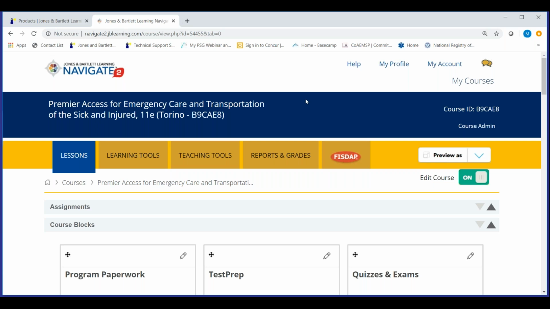Now, with FISDAP, we have the FISDAP unit exams. In the EMT, they're broken out into 6 categories. I know registry is 5. We split medical and OB-PEDS, so the students can focus a little bit more on the OB-PEDS section, probably one of the most failed sections of registry. And just with FISDAP alone, it's a high stakes exam, proctored or password protected, excuse me, so the students have to have the password to be able to get into that.